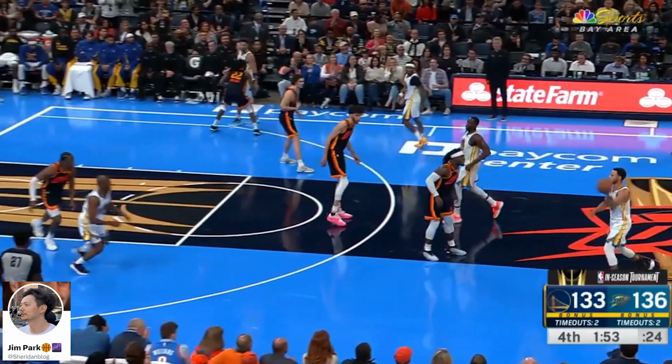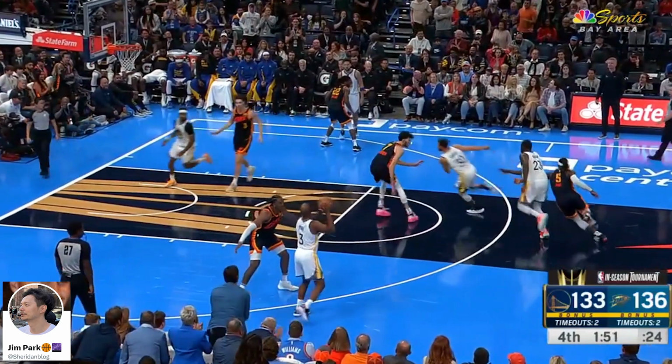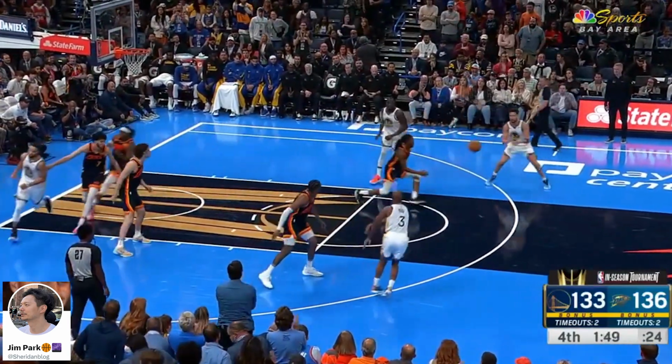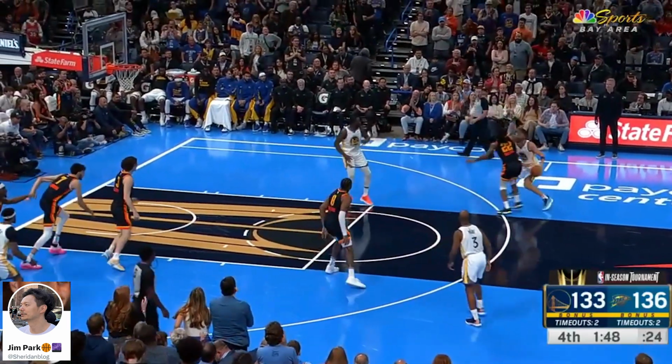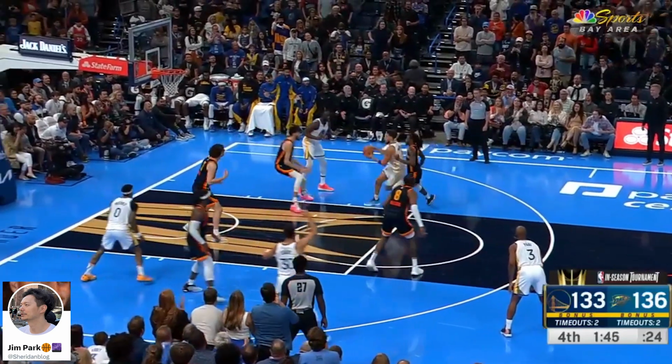There's now less than 2 minutes left in this game with a 3-point deficit, but Curry is still playing off the ball. At some point, you have to run the offense through your best player. Anyway, Klay gets the ball at the top, drives and dishes off to Draymond, who is taking a contested layup